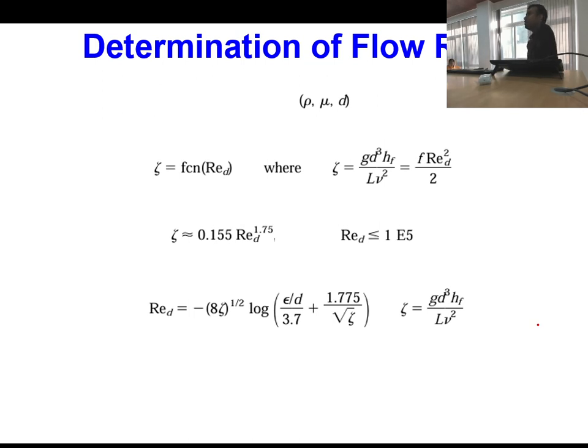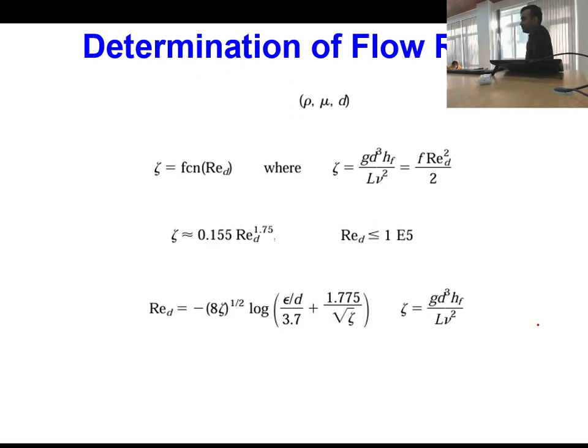For calculating pumping power, of course, you have to determine head loss. So this is a straightforward problem. Then the second problem can be where, of course, the fluid will be given, which fluid is flowing. If the fluid is given, it means density and viscosity are known to you. And the diameter of the pipe is given, the length of the pipe is given,